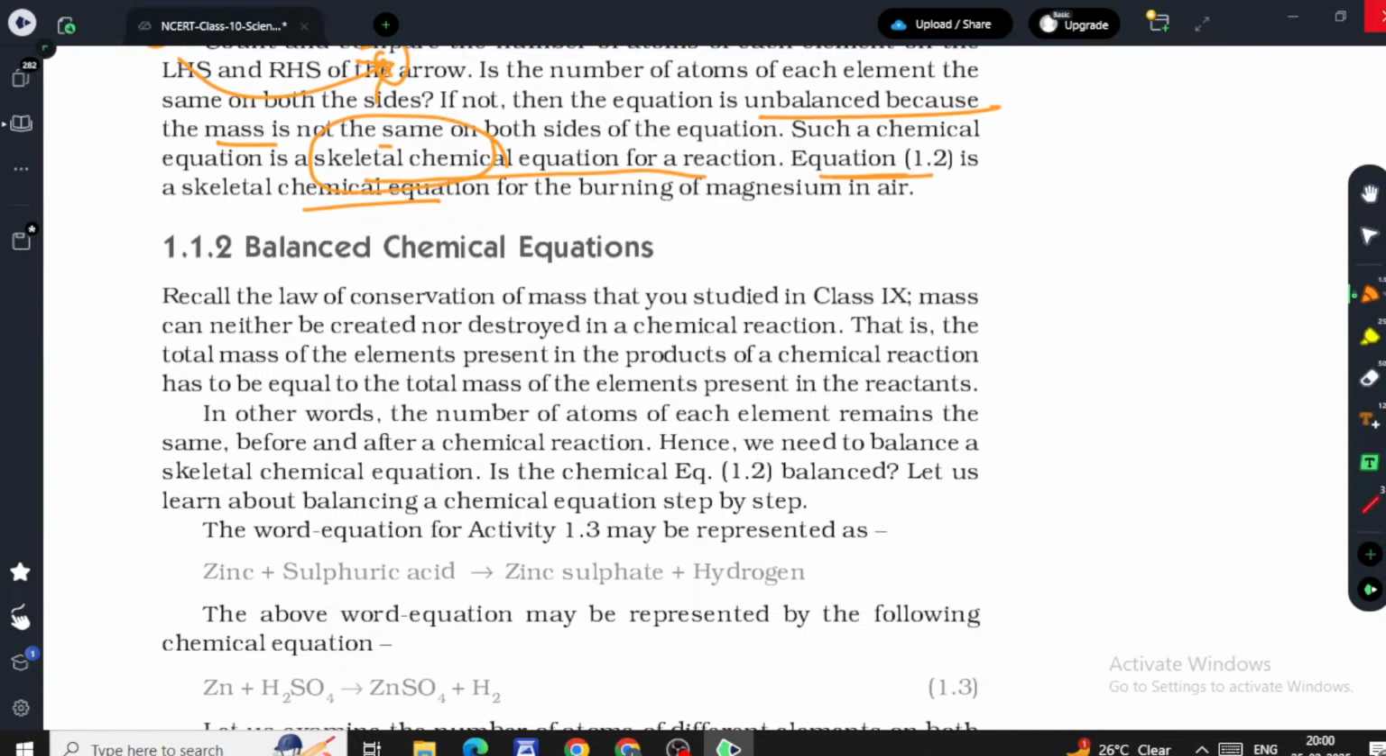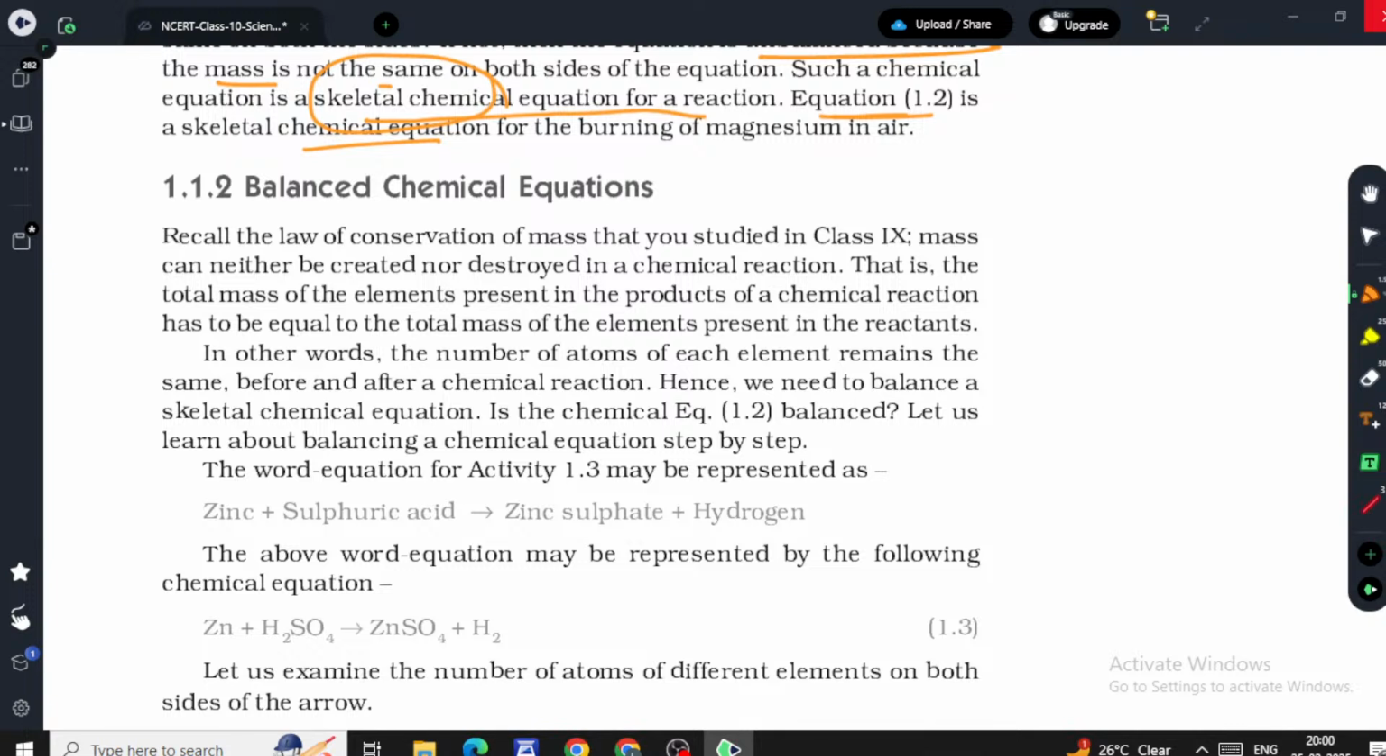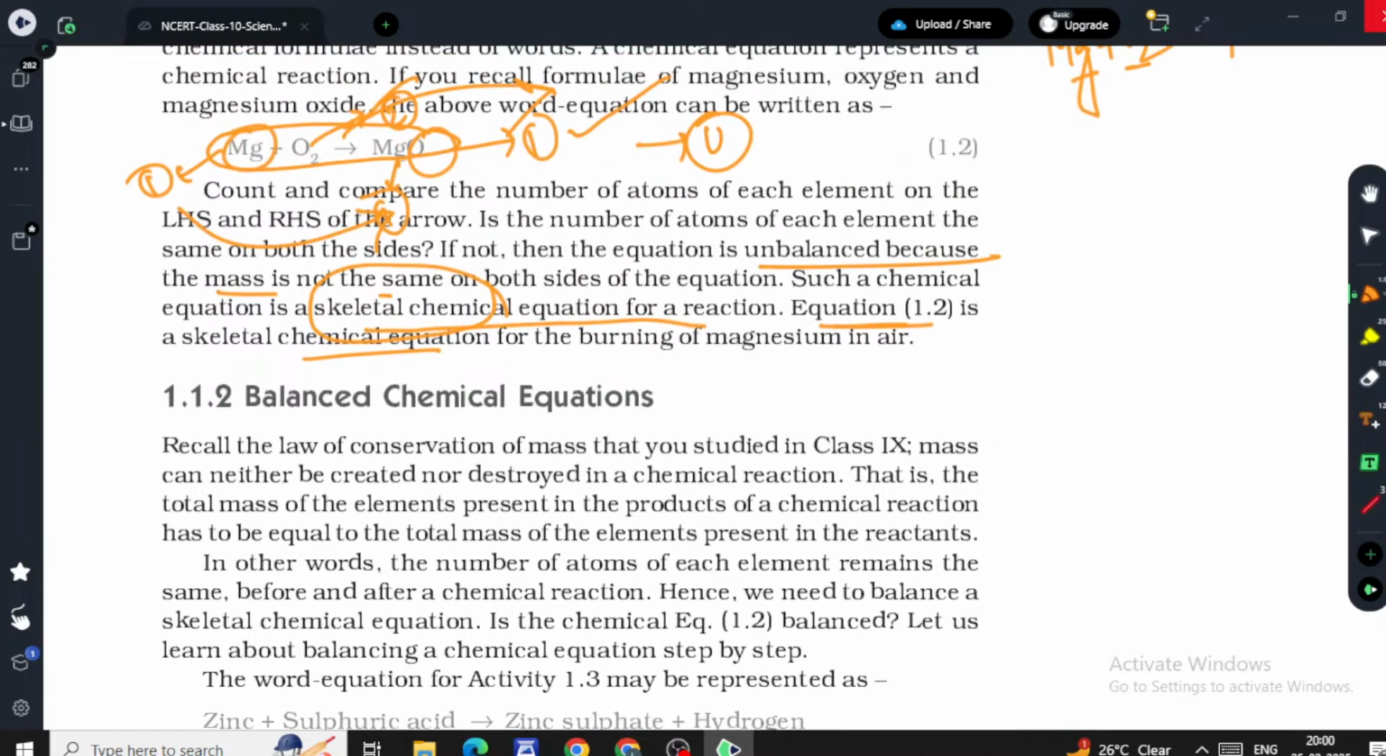Then, balanced chemical equation. Recall the law of conservation of mass that you studied in class 9. Okay, balanced chemical equation. What is a balanced chemical equation? It is nothing but balancing the atomic number, that means the atoms of the elements, that is